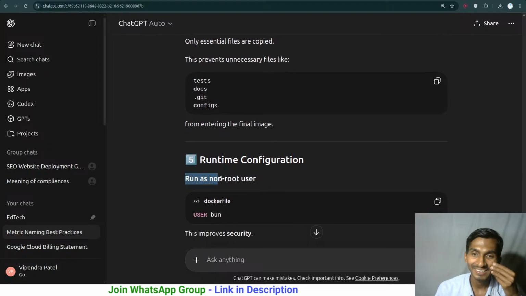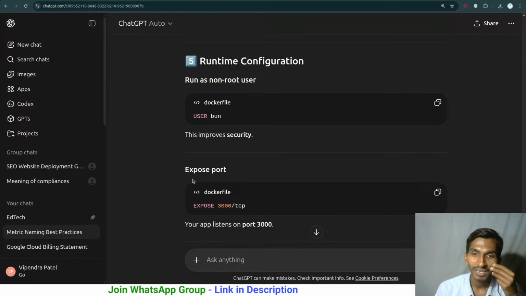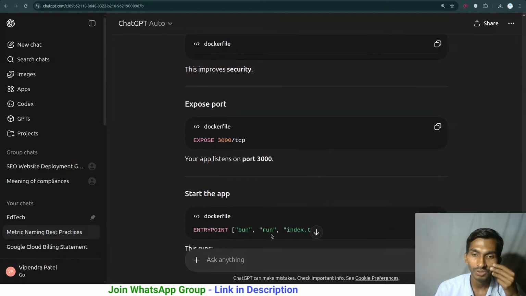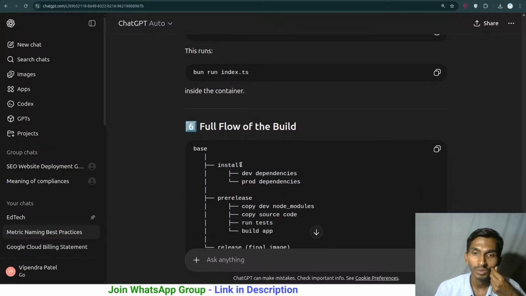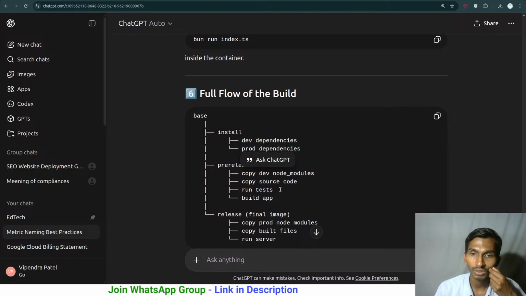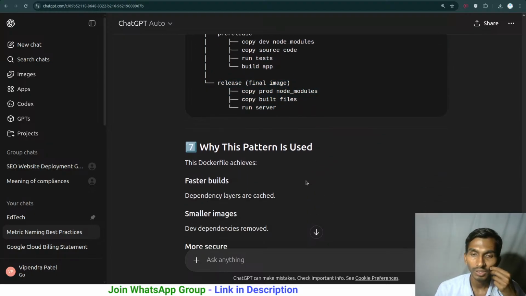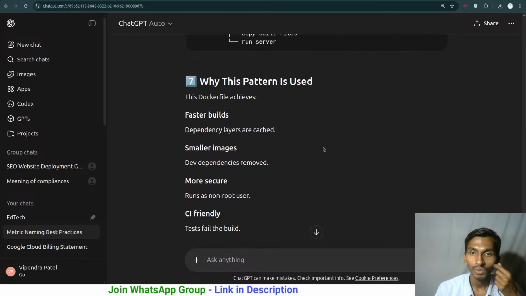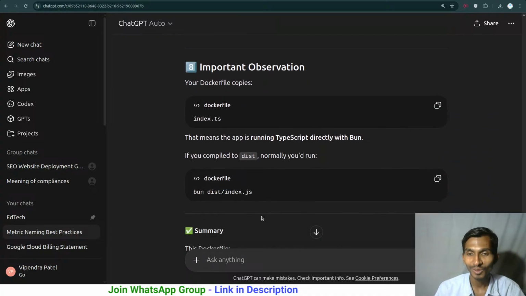Runtime configuration: run as non-root user, USER bun, this improves security. EXPOSE the port, TCP, your application runs on port 3000, and it starts with bun run index.ts. The full flow: the base image, then install dev dependencies, then production images, pre-release copies the dev node_modules, and this release is the final image. Why is this pattern used? The Dockerfile achieves faster builds and smaller images. It can be faster, it can be smaller,